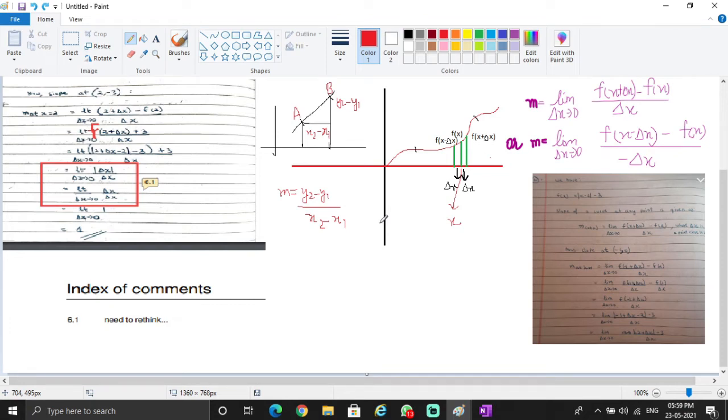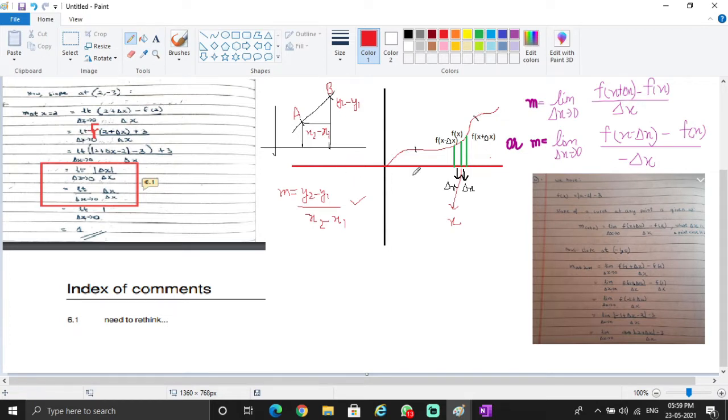We know that in the case of a linear function, the slope, or the rate of change of the function with respect to the input, is given by (y2 minus y1) over (x2 minus x1). And here the 2 points A and B, having the coordinates (x1, y1) and (x2, y2), can be very far off, simply because the slope of a linear function is constant throughout its domain. So it really doesn't matter which 2 points you choose for taking out the slope.